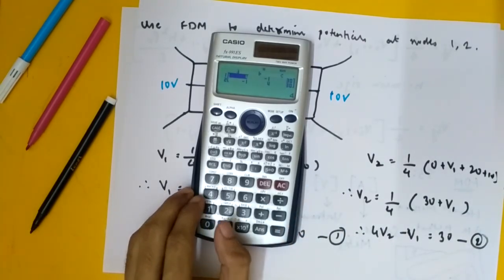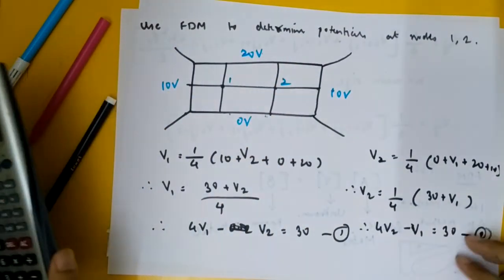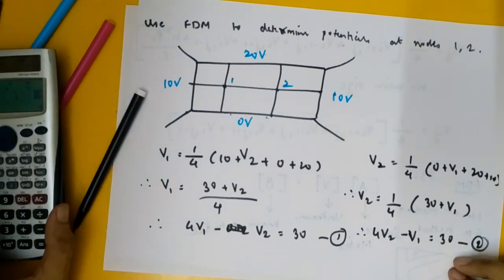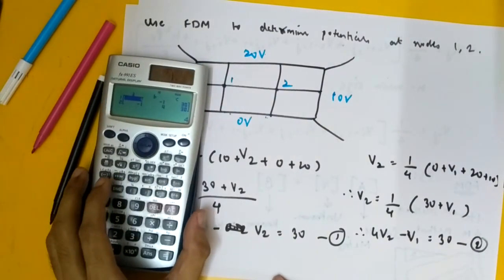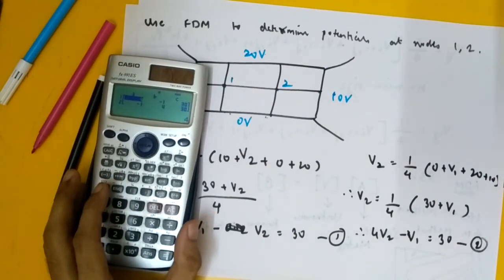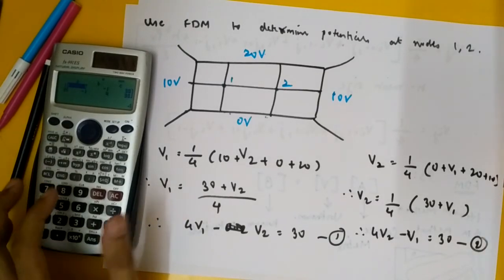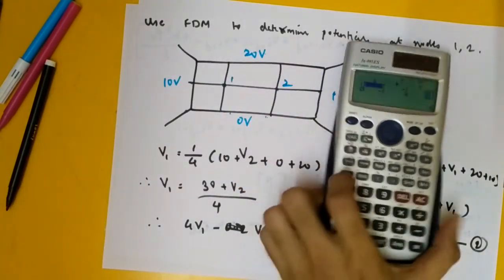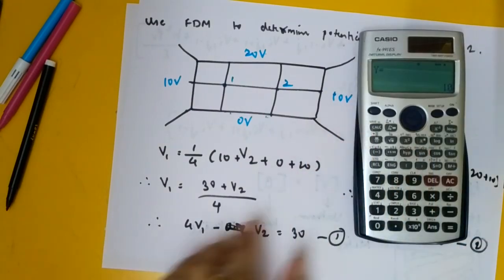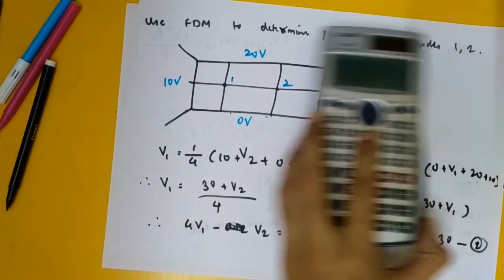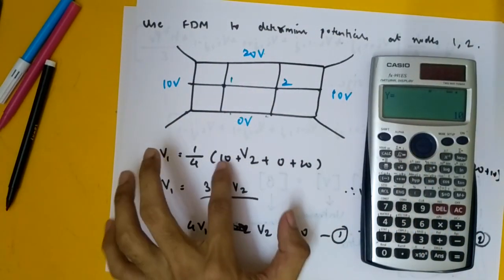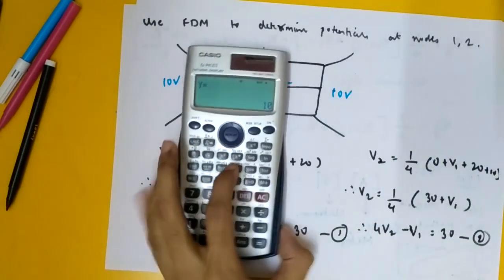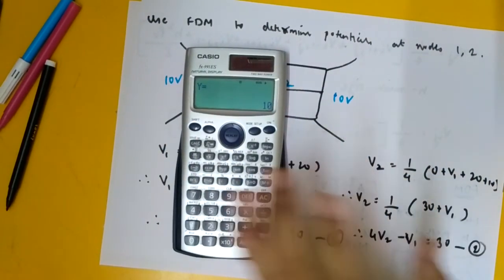Right? I have made a mistake. I'm getting a different answer. No, it's right. V1 is what we are getting, 10 and 10. So 40 minus 10 is 30. 40 minus 10 is 30. You can try it here also. 20, 30, 40. 40 by 4 is 10. Yeah. Okay.